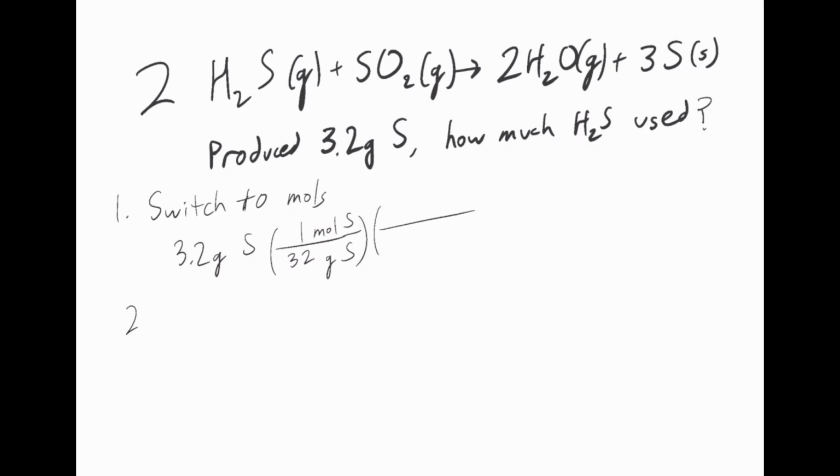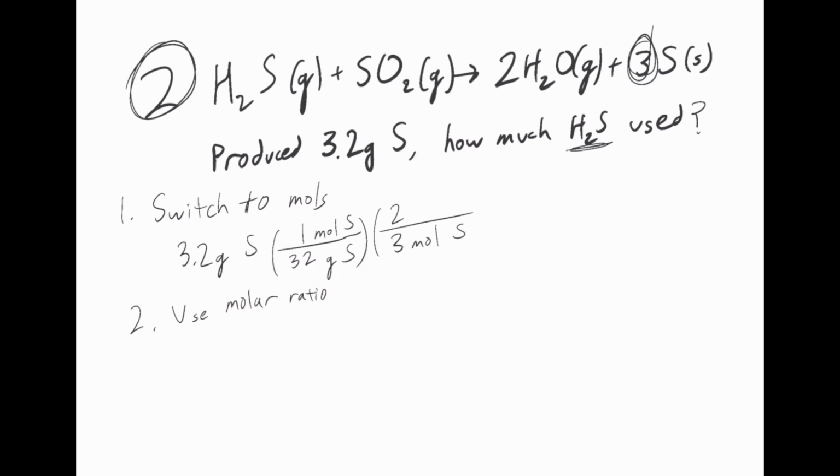Now, step 2. Once you switch to moles, you want to use your molar ratio to convert the substance. The molar ratio is what you get from looking at your balanced reaction. So we're going from 3 moles of S to 2 moles of H2S because we want to ultimately get to H2S. So notice it's like going from point A to point B. So we have 3 moles of S, again based off of this number here. And then we're going to 2 moles based off of this number,